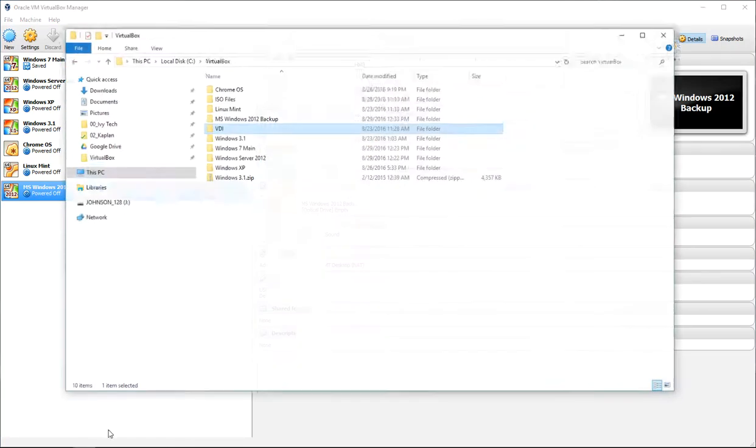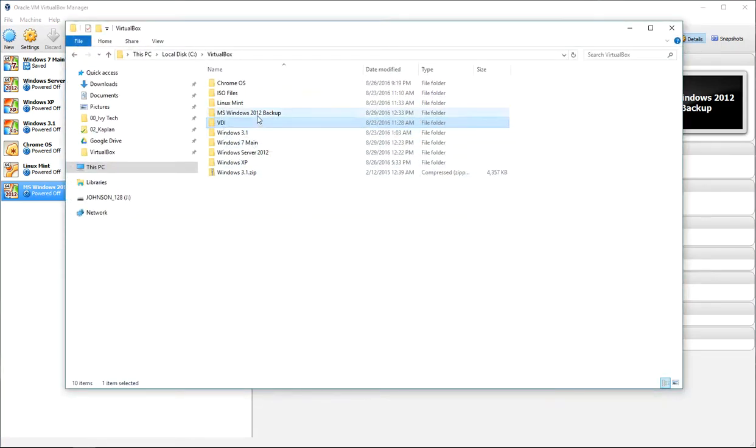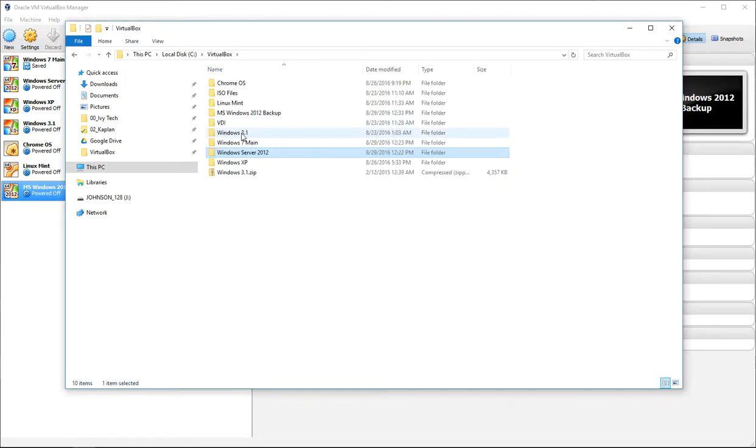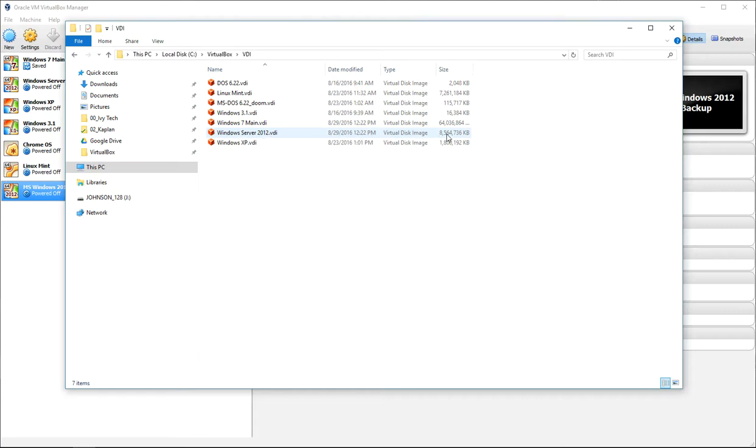I could go out here on my folder, and look at my VDI folder, and see there's my VDI file, but it's only 2,000 kilobytes. So once I create my server, it grew to, oh wait, let me show you my VDI for the server 2012. See, it grows to 8.5 gig once I put the server on there. And see, my Windows 7 is 64 gig because I've got SQL Server running. I've got a whole bunch of stuff on there running, and I think I've got 120 gig.